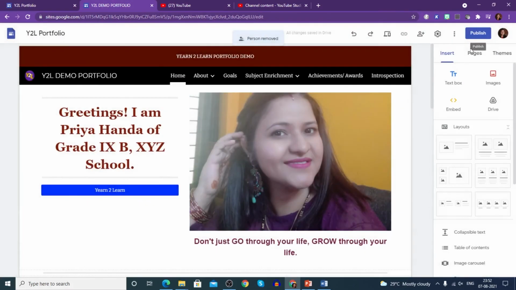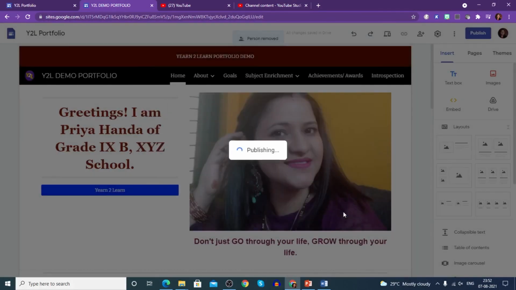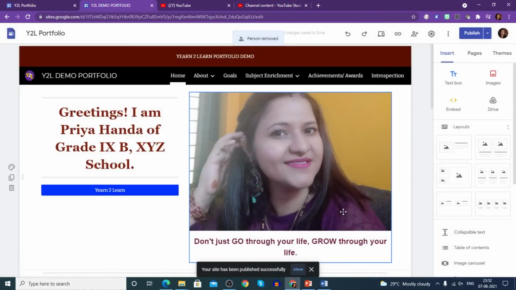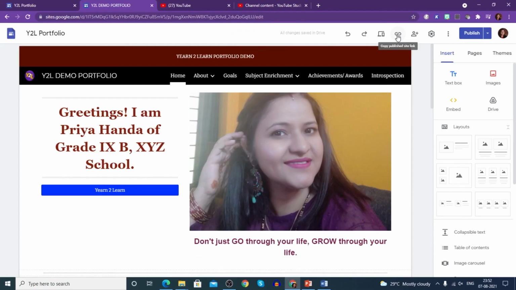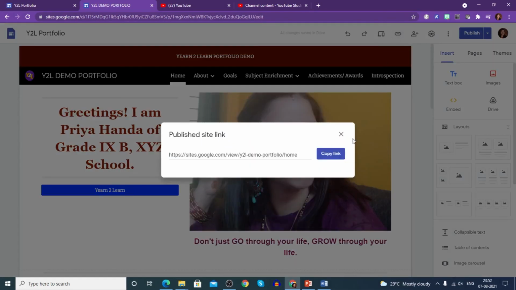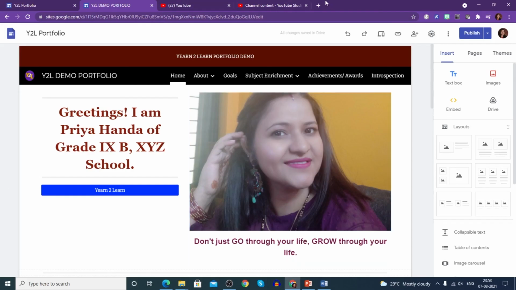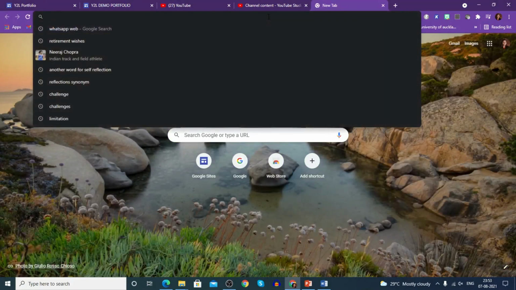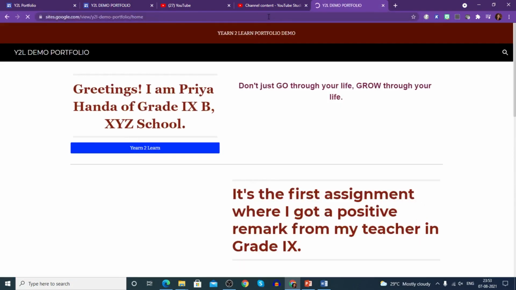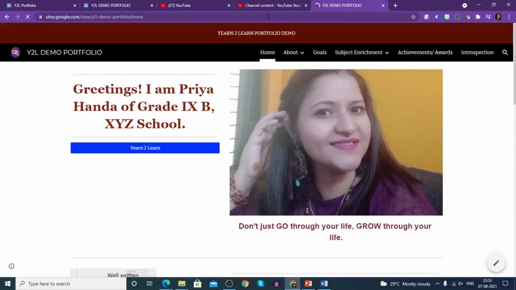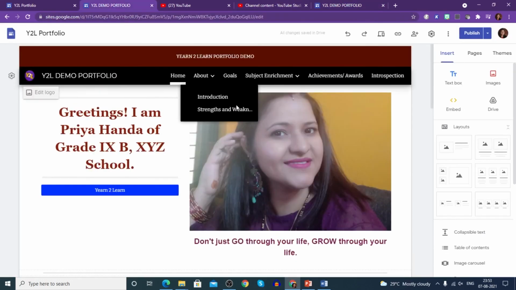So now if you are ready to publish, simply publish it. It will be available. And if you want to share the link, now this button that was not working before, now it would be working. Copy publish site link. The link would be copied, and you can copy this link and share with anyone. You can send this link to your teacher, and as teachers it would be very easy for you to just paste that copied link and click enter, and you are ready to see the child's digital portfolio.